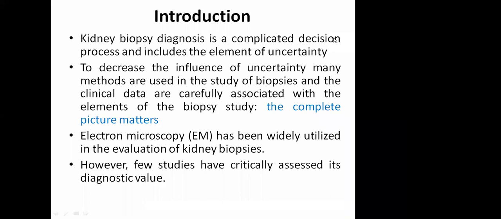So the role of electron microscopy in such a situation, where you have already diagnosed membranous and categorized it into PLA2R associated or thrombospondin associated membranous, is limited. But on the other hand, if you find that immunofluorescence is negative, but morphology is showing thickening of the glomerular capillary wall, then EM will be useful in telling us what is causing